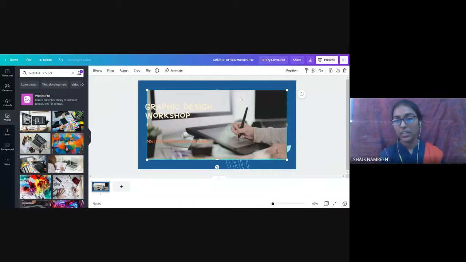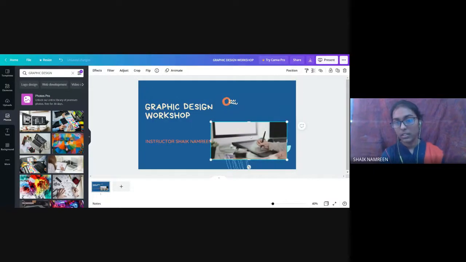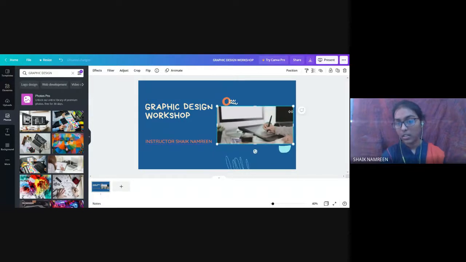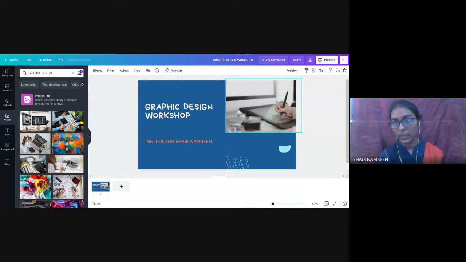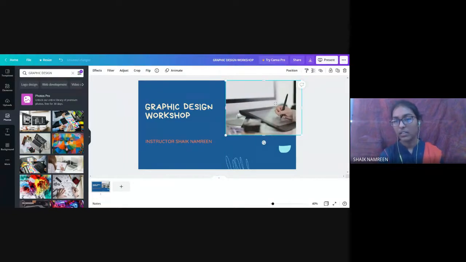This is also not. So we can reduce the size of this. We can delete this element. So like this, we can keep aside like this and delete this element.